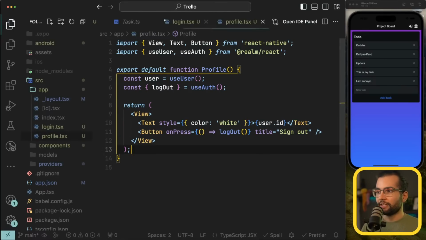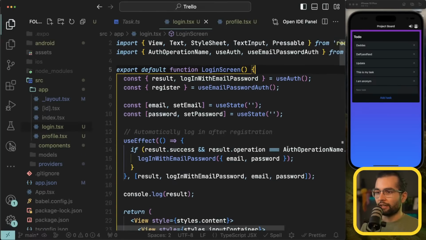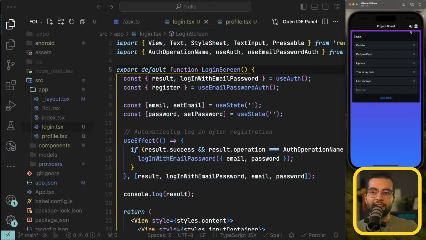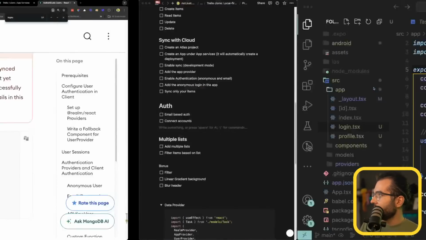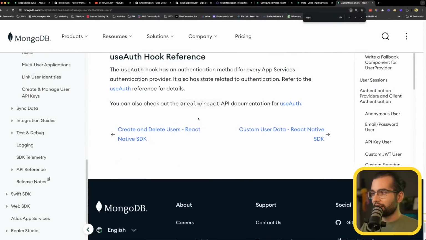What I wanted to do is, whenever we are logging in, connect the identities. For example, if you work as an anonymous user, you have tasks here, and when you create an account, you don't want to lose these tasks. You want to move them from anonymous to your user. So there is a way to connect identities. I'm not sure if we're going to manage to do that,